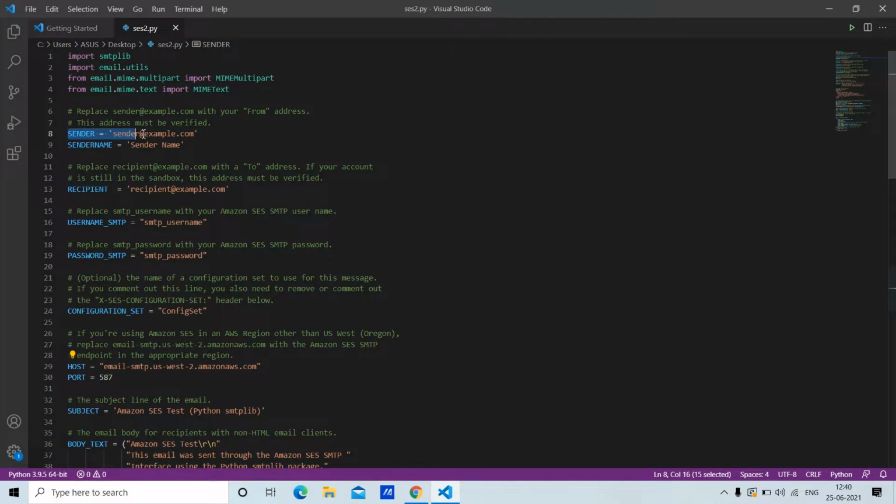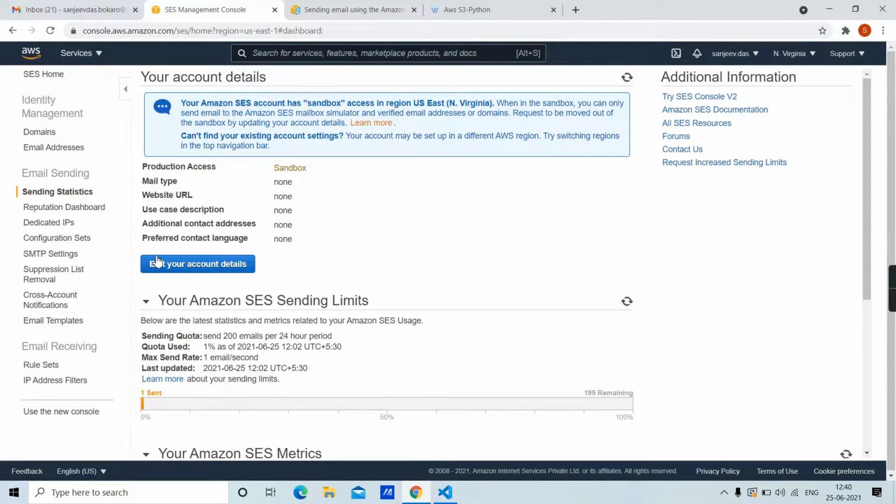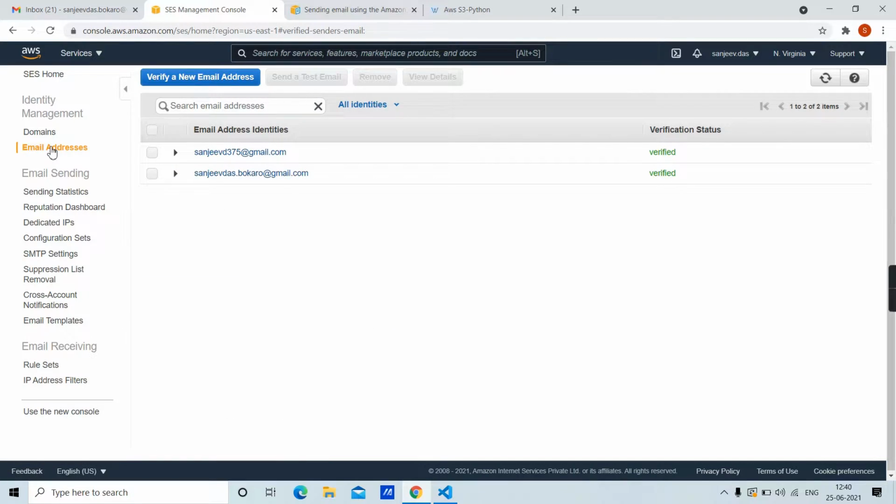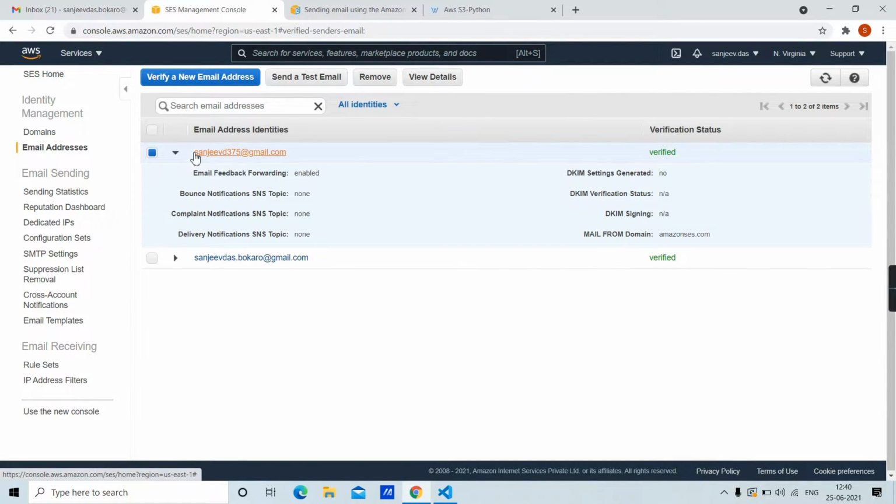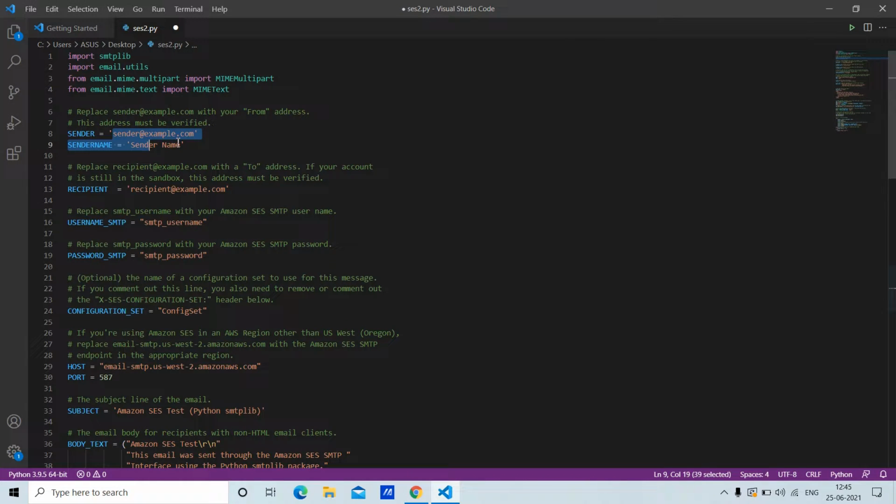In order to change your sender, check your SES console for your verified email addresses. Here I have two verified email addresses. I'll be using one for the sender and one for the receiver. Let me change the sender and recipient ID.